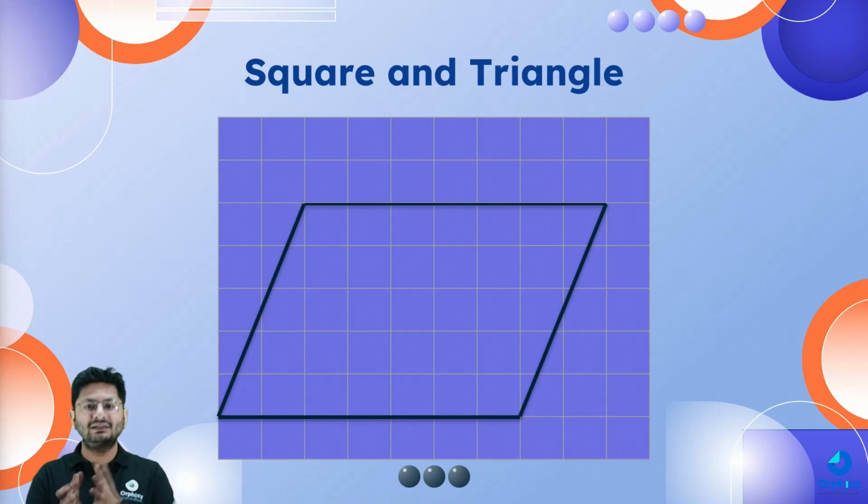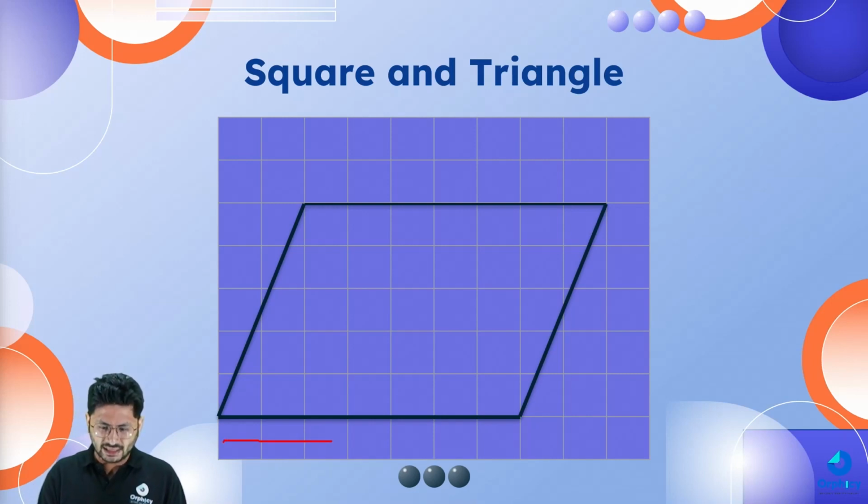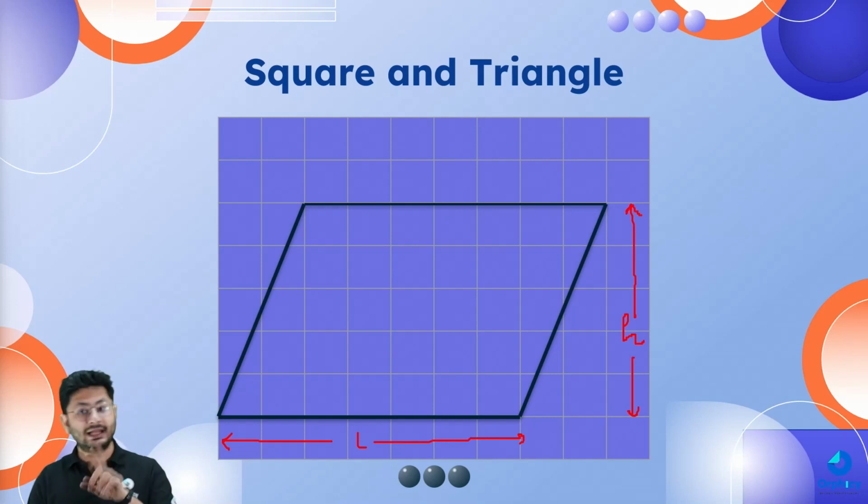Now, let's move on to the next thing, that is square and a triangle, but it is a continuation. Okay, so this is a parallelogram. Let's try to understand what is the area of a parallelogram and let's do the proof of the same. तो एरिया ऑफ अ पैरेललोग्राम, क्या मैं ऐसा बोल सकता हूं कि ये अगर लेंथ है, ओके, एंड इफ दिस इज द हाइट, ये हमारा साइड का मेजरमेंट नहीं है, ये हाइट है, डिस्टेंस बिटवीन द टू पैरेलल साइड्स। आई एम टॉकिंग अबाउट द डिस्टेंस बिटवीन द टू पैरेलल साइड्स। सो उसको प्लीज अलग से ध्यान रखना है।